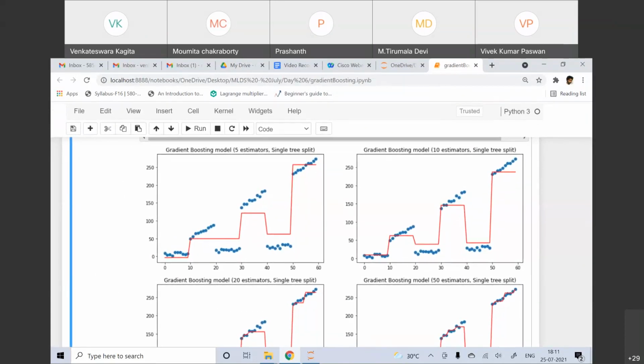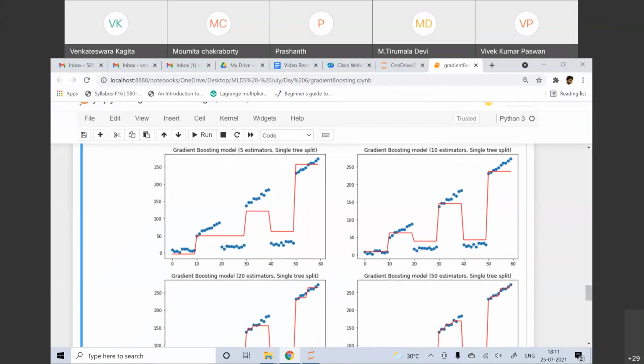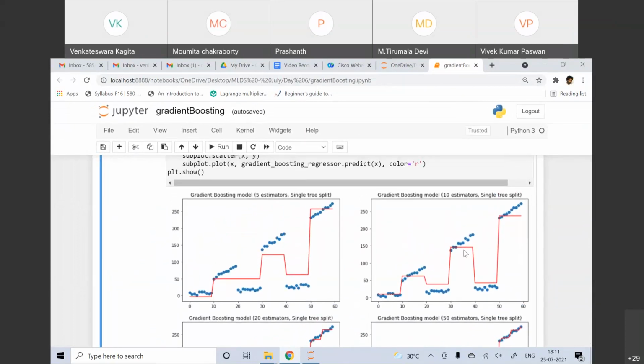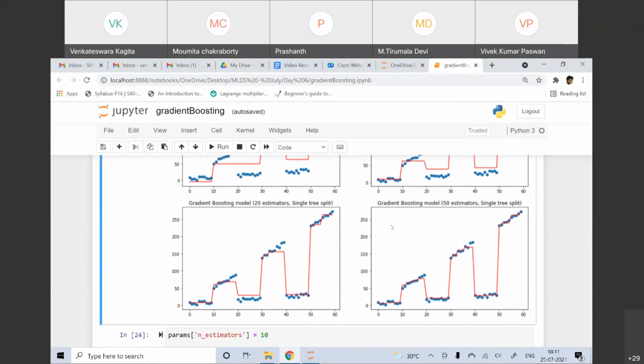Very simple model you are taking as the base model, but you're just increasing the number of estimators. With 5 estimators, we have got the first model. With 10 estimators, we have got this model, and with 20 estimators, we have got this model, and with 50 estimators, we've got this model. Which model is better